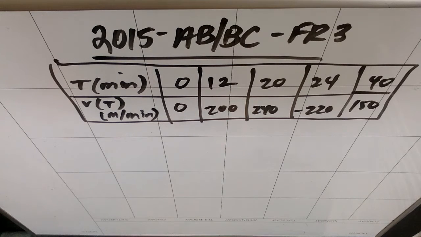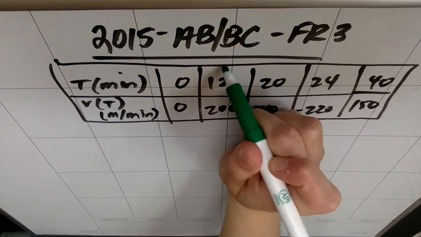So Joanna jogs along a straight path for time 0 to 40 minutes. Joanna's velocity is given by a differentiable function v. Selected values of v of t, where t is measured in minutes and v is measured in meters per minute, are given in this table. Part A, use the data in the table to estimate v prime of 16. No shock there. So we don't have t as 16, but we do have t as 12 and we have